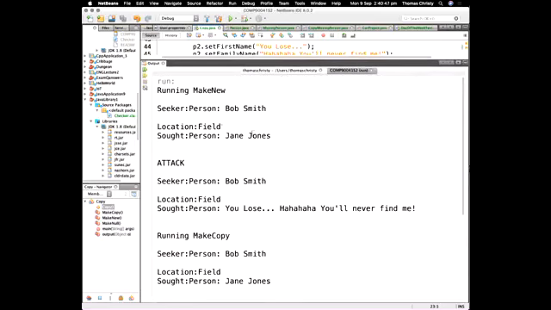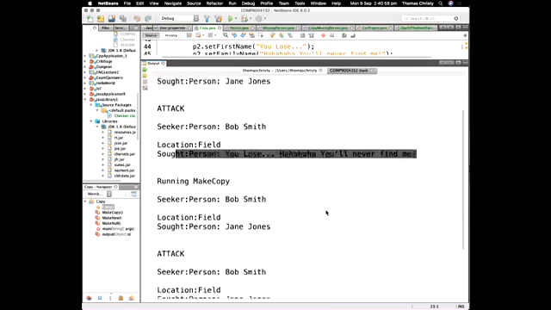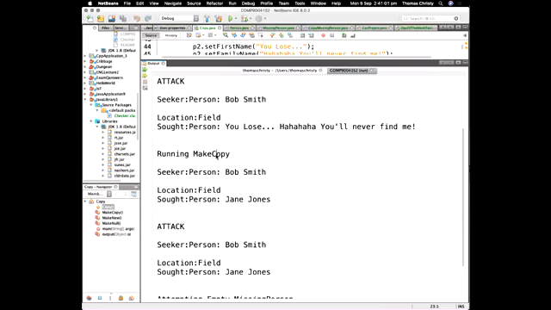So I'm running make new. It does Bob Jones, location, field, sort person, Jane Jones, Bob Smith, sorry, Jane Jones. Then it does the attack, and you can see that the sort person has been modified. I'm running exactly the same code again, this time using the make copy. So all I'm doing is changing that attribute, make copy, Bob Smith, field, and Jane Jones, so it doesn't change